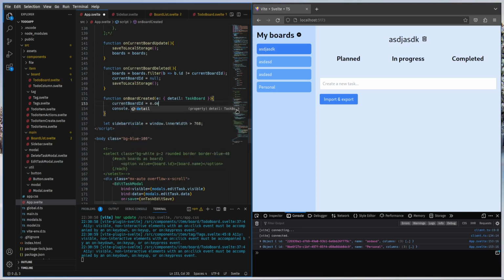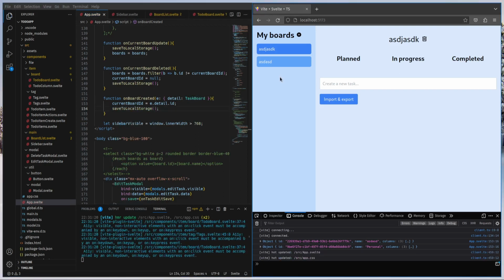Current board ID is e.detail.id. We don't really actually need to know the full board, but I guess if we have a use case for that in the future, then it's always nice to have access to it right away. So of course we want to save to local storage. You can see when our development server refreshed here, we can see that that disappeared. So if I create a new board now called personal, it is switched to immediately, and if I reload now,